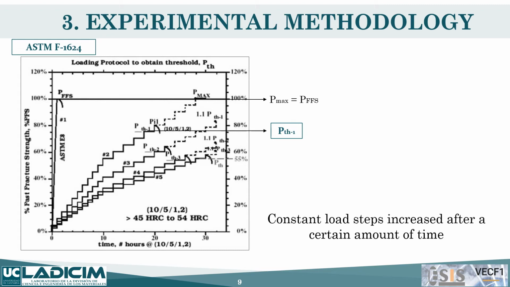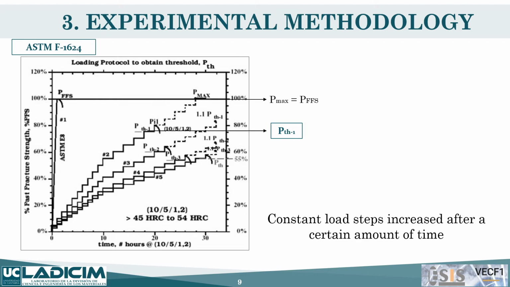Once this is done, the first step profile is started. We take that fast fracture load, we divide it into 20 steps of 5% each, and we start doing these steps until the specimen breaks. In that case, we will obtain the threshold load from the first step, which is called